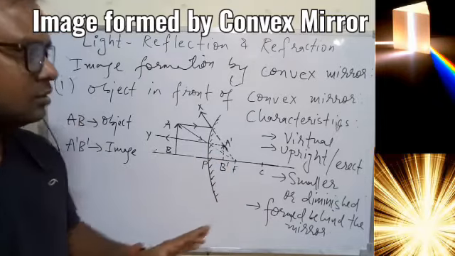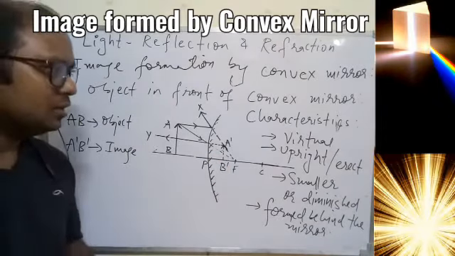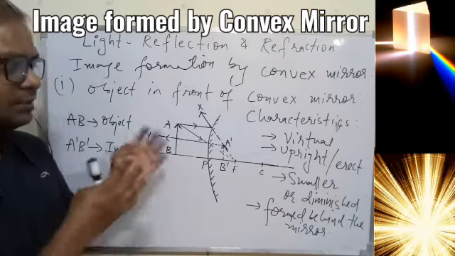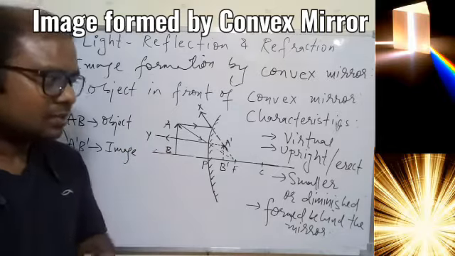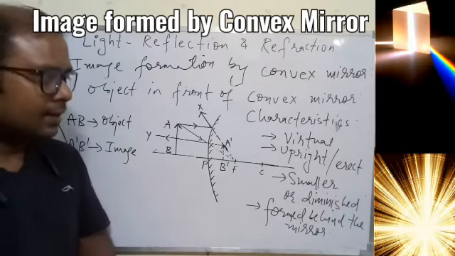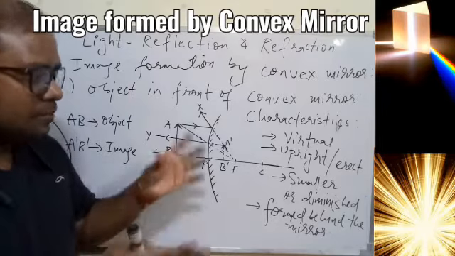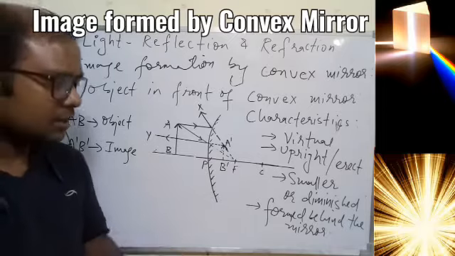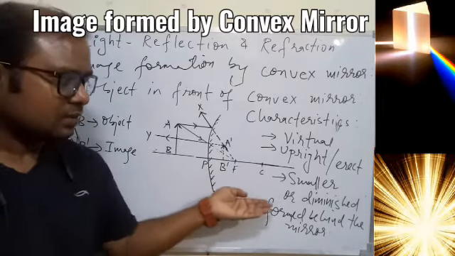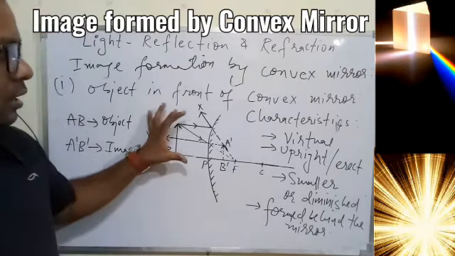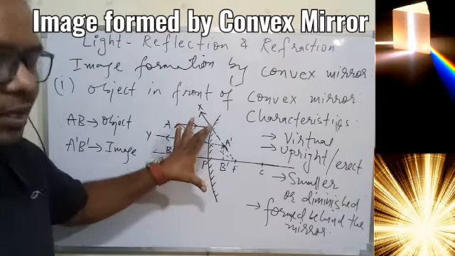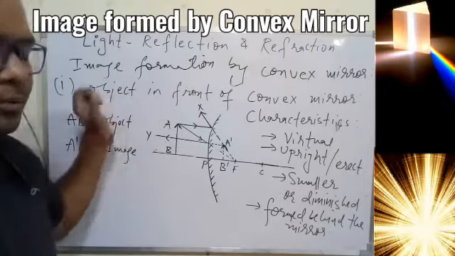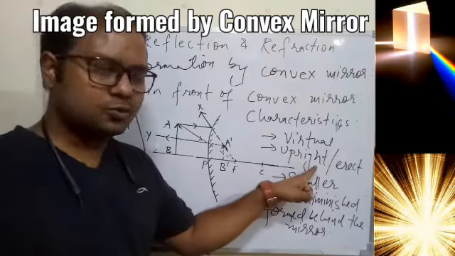So in general, all the time the convex mirror forms a virtual image and a smaller image, and that is also upright. That is why we always use the convex mirror as a side view mirror in vehicles, so that in a very small mirror it can cover more area behind the vehicle, since all the time it is forming a smaller, or diminished, image. So in a very limited size of mirror, it can capture more objects, that is, it can form more and more images of different objects, and all the time the image will remain upright also.